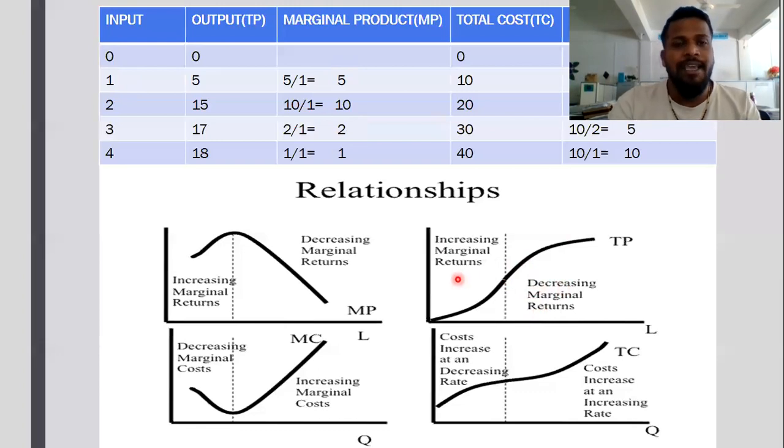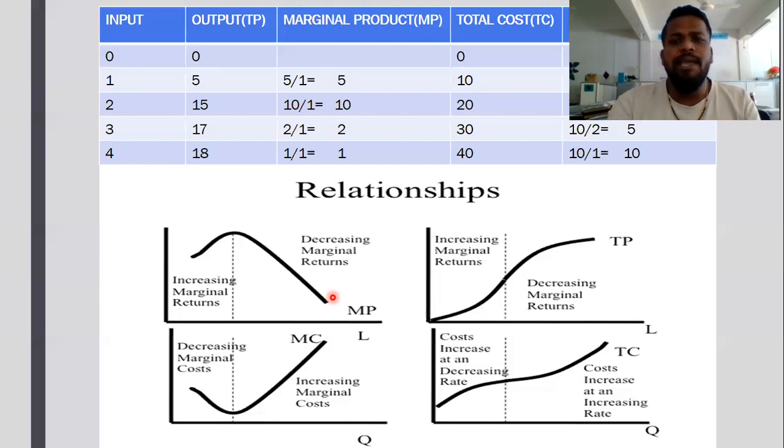We already studied that when you employ more and more labors, what will happen? The total productivity will be falling. So because of diminishing returns, when total product is increasing at a diminishing rate, what will happen to the marginal product? Marginal product starts falling. Listen very clearly. Make sure you understood that very well. Total product increasing at an increasing rate means marginal product will increase. Total product increases, but at a decreasing rate, then marginal product will start to fall. Did you get the idea?